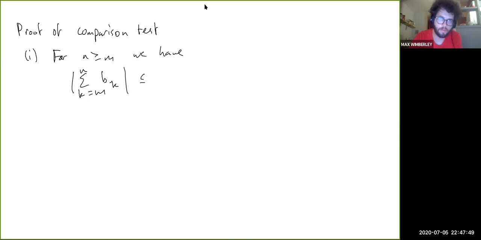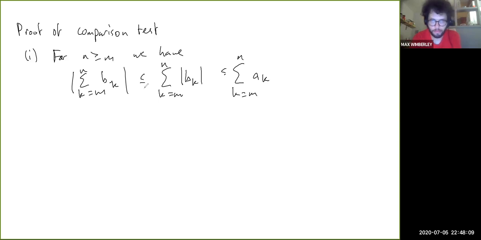is less than or equal to, using the triangle inequality, the sum from k equals m to n of the absolute value of bk. And in turn, because each of these is less than or equal to the corresponding ak, this is less than or equal to the sum from k equals m to n of ak. And because ak converges,